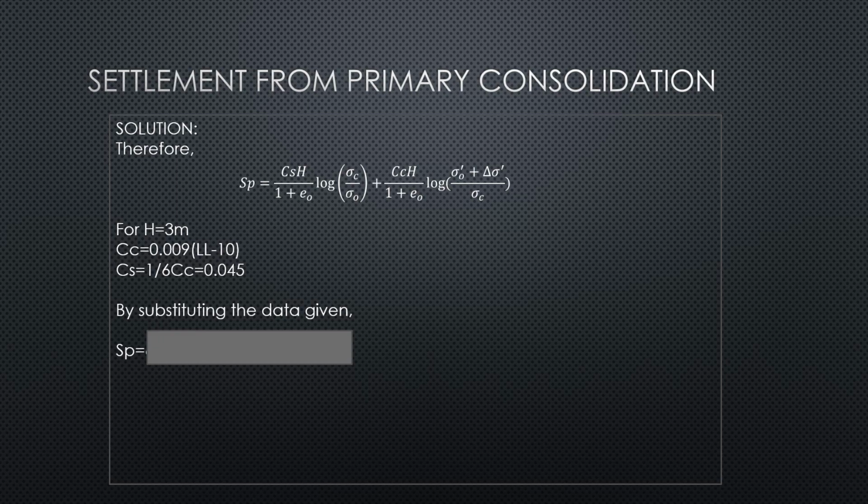And the Cs, the swell index, can be computed as 1 over 6 Cc, which is equal to 0.045. Okay? So by substituting the data given and the data computed to the formula, then we could have the answer